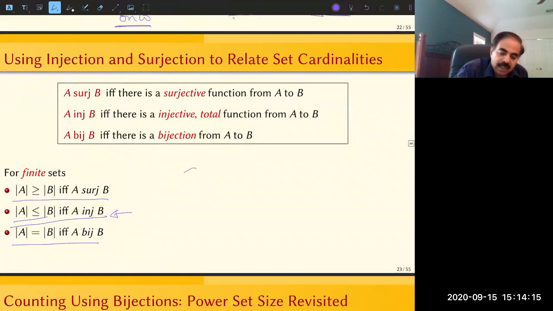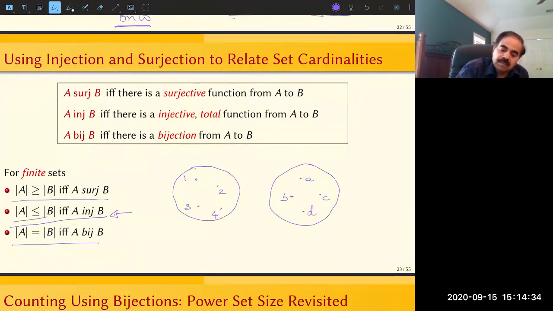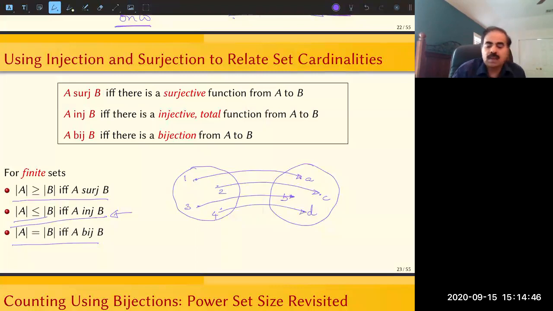Let's try to write this down. So a bijection is